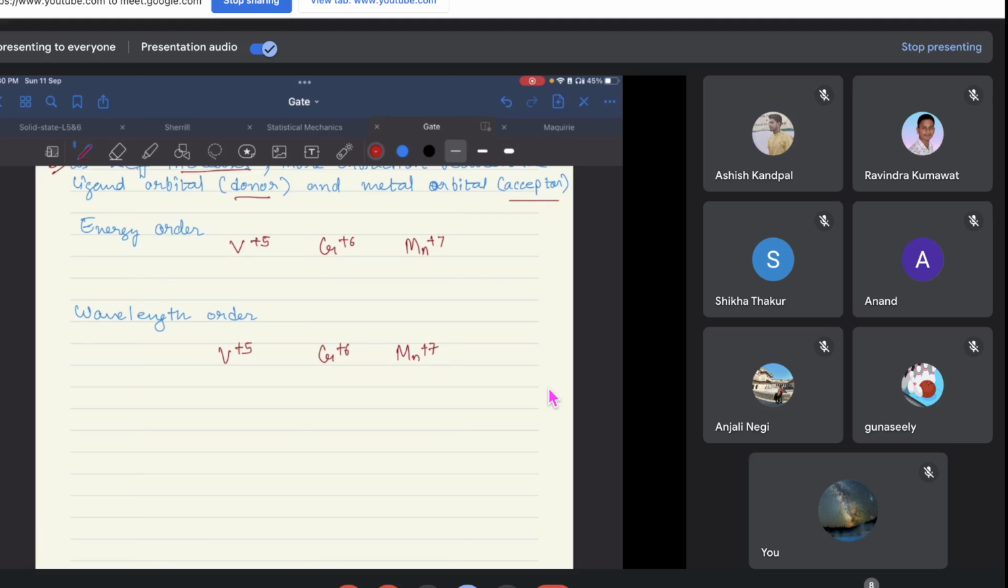So you can see that the molecular orbital will look like something for the Mn. So this is if it is my Mn plus 7. So my ligand is here. Okay, and for chromium, it will be a little higher. And for vanadium,